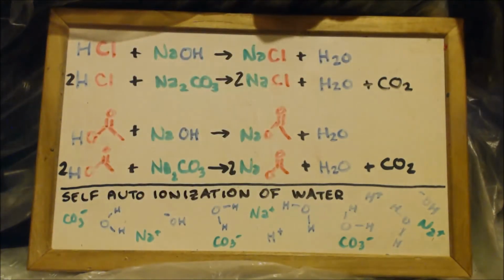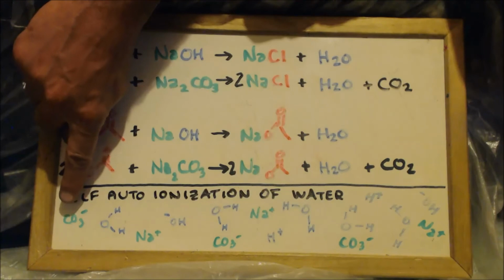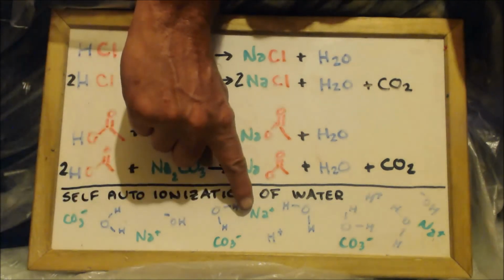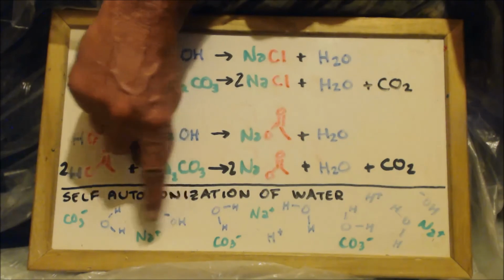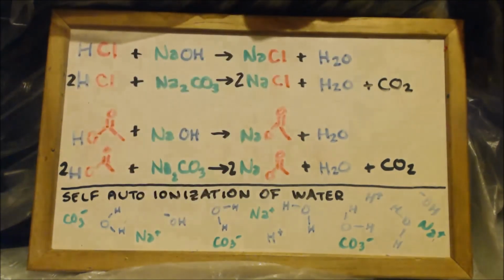Well, look what happens when you put sodium carbonate into that water, okay, or any carbonate. You'll have a little bit of carbonate and you'll have a little bit of sodium. But look at that. You have a hydroxide and a sodium in water. So you literally have and make sodium hydroxide every time you put a carbonate into water. You know what I mean? That's what that pH 7,